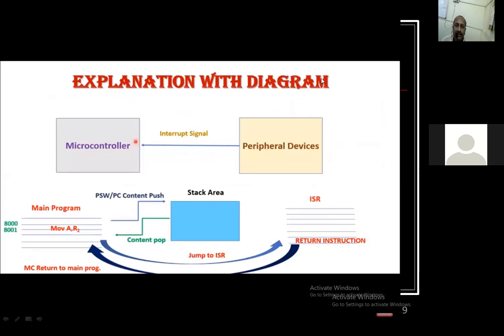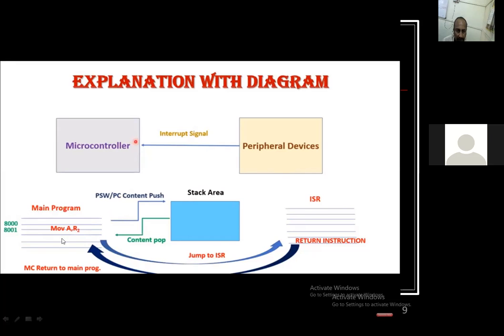As you can see in this slide, 2 blocks are shown in the upper diagram, the peripheral device and the controller. The peripheral device is giving the interrupt signal to the controller. So what happens afterwards? The microcontroller was normally conducting the main program line by line.